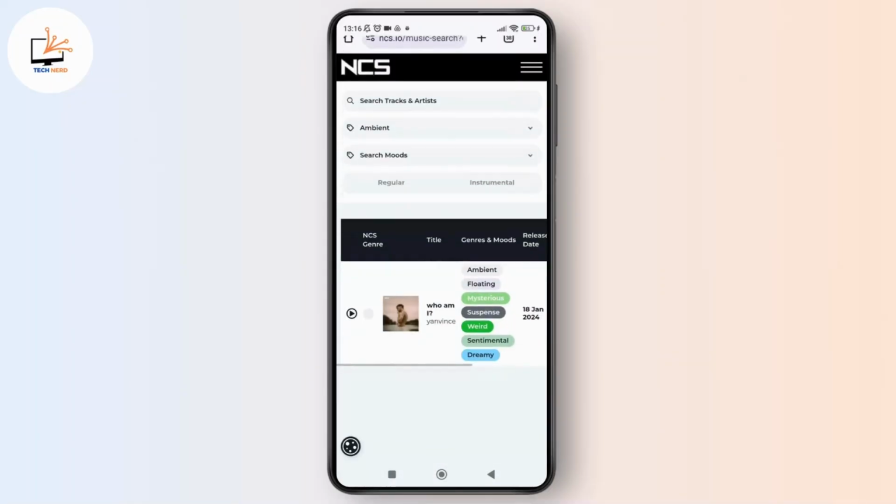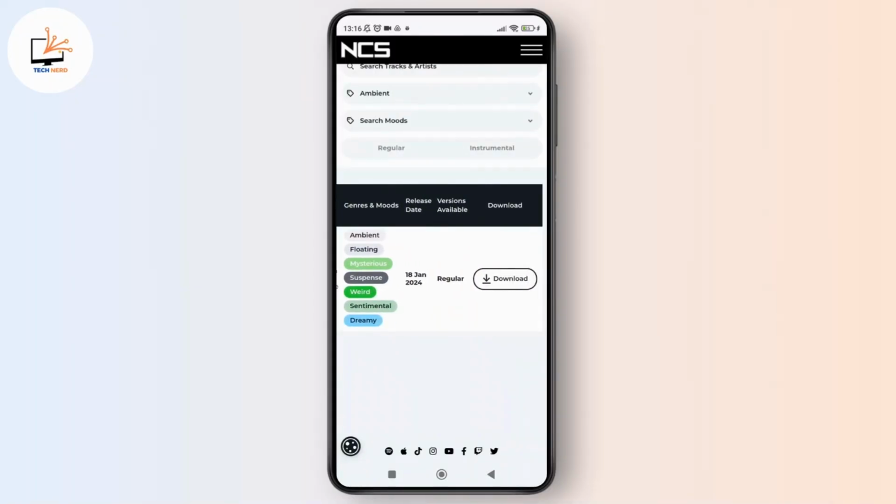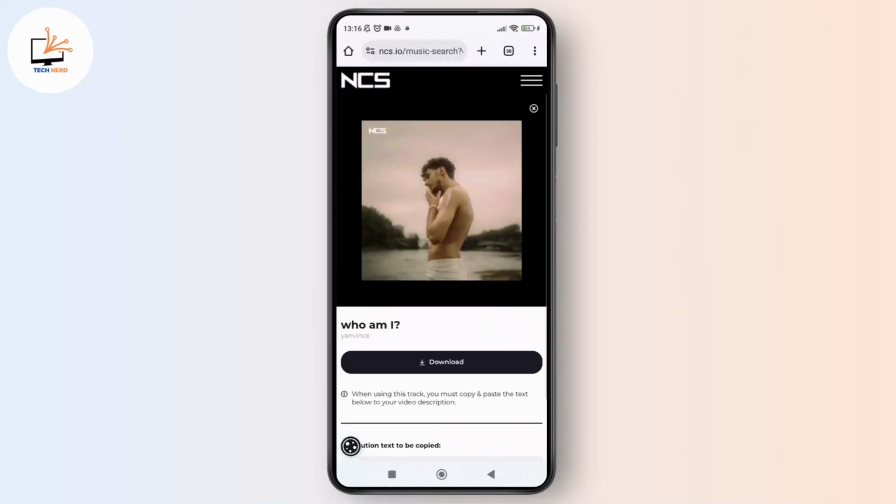And after that, once you have found the song, you can just tap on the download button next to the track and a download confirmation may pop up. From there, you can just tap on download again and the song will start downloading and will appear in your notification bar. And once the download is complete, you can simply go to your Files Manager app, and after that you can simply go to the downloads folder, and there you'll find your downloaded songs, which are ready to play